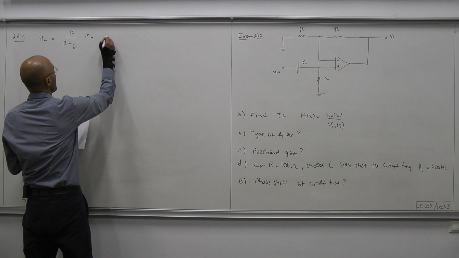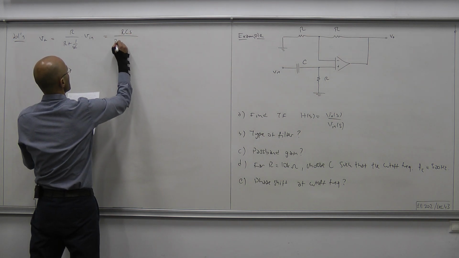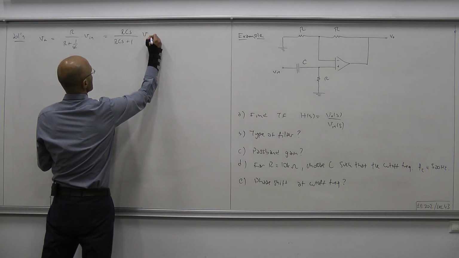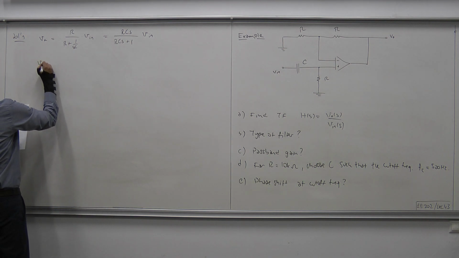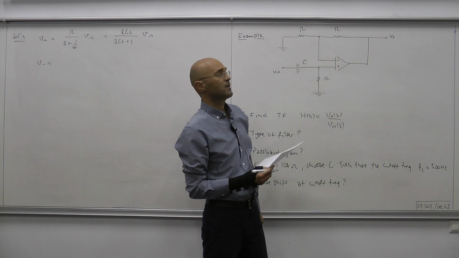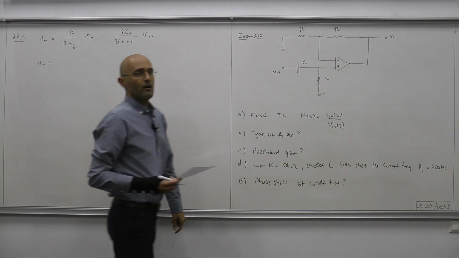Okay, and that can be written as RCS over RCS plus 1 times the input voltage. As for V minus, this too is a voltage divider, and since the resistances are equal,